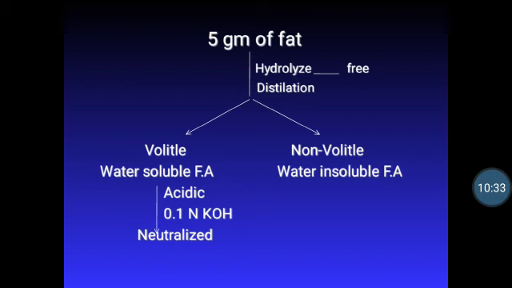The significance of Reichert-Meissl value: it is a measure of water soluble steam volatile fatty acid, chiefly butyric acid and caproic acid, present in oil or fat. Butter fat contains mainly butyric acid glyceride. Butyric acid is volatile and soluble in water. No other fat contains butyric acid glyceride, and therefore the Reichert-Meissl value of butter fat is higher than for any other fat. These determinations have been used principally for analysis of butter.